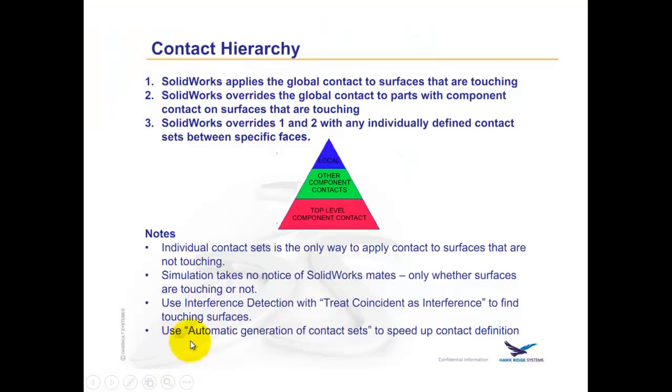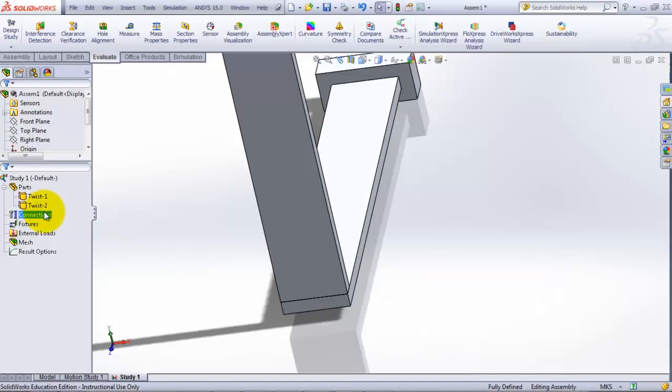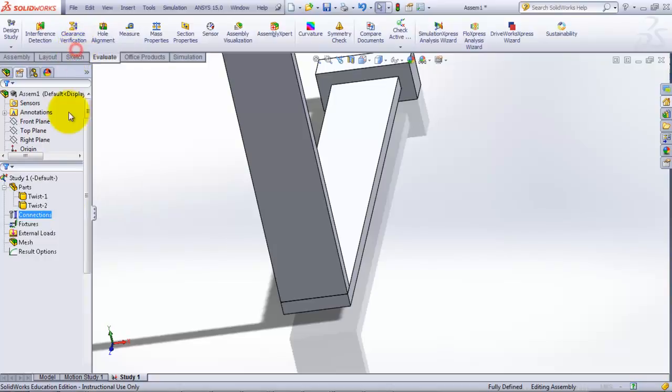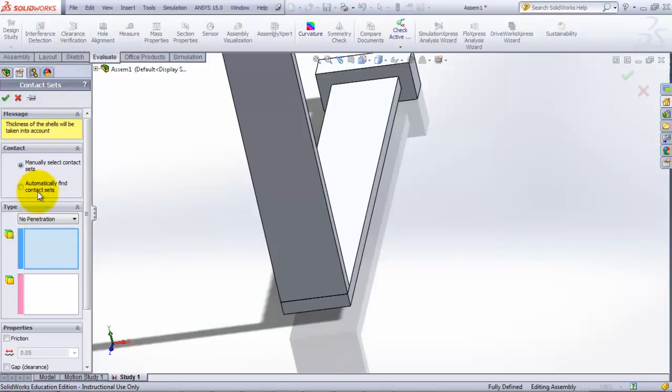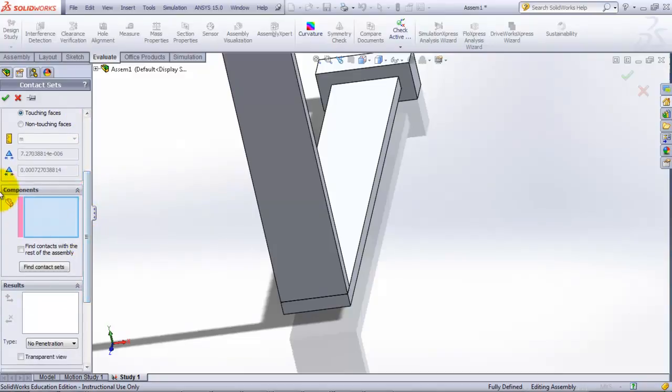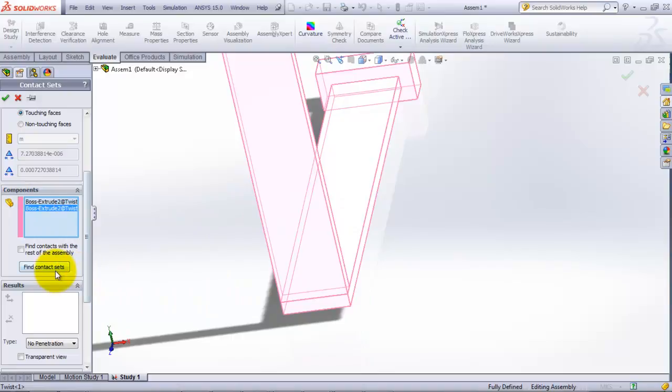We can also use automatic generation of contact sets to speed up contact definition. So this piece is when we're defining specifically contact sets, of the two options here. So let me go in here. We can go in here and do automatically find contact sets, and we'll say touching faces, and you need to tell it which components you want to look at. So we'll look at this one and this one, and we'll say, hey, find contact sets, and